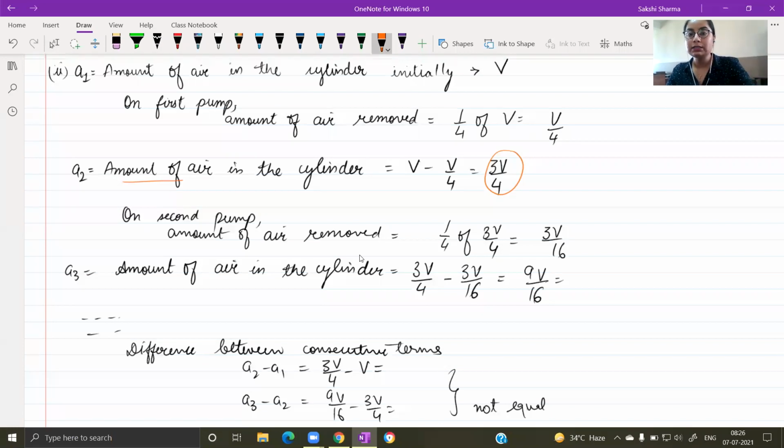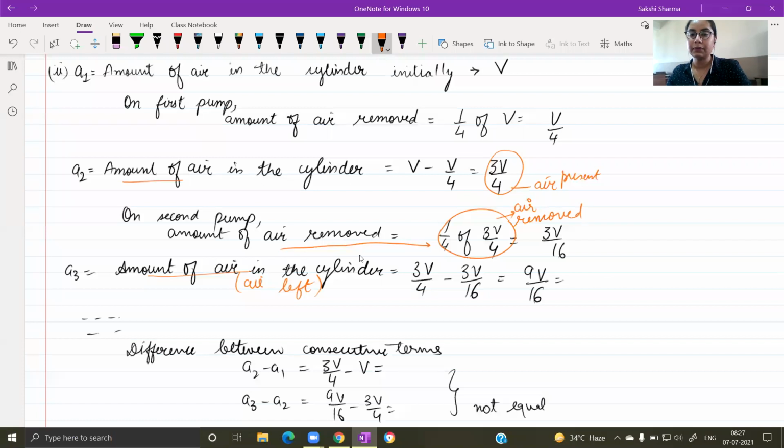Ignore that. Just see that this was the air, this was the amount of air. The air that will be removed will be 1/4 of this. This is the air removed, 1/4 of this volume. And what will be the amount of air after that second pump? On the second pump this amount is removed. Air present, you could simply think of it like this. This is the air removed. And at the third step, we are looking at the air left. Does that help?